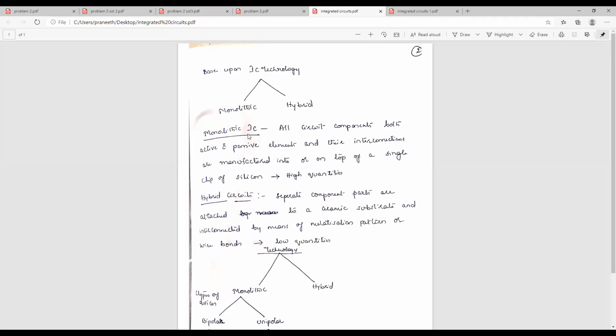Such types of ICs are known as monolithic ICs. If all your circuit components, without using a second substrate, are fabricated or designed on a single substrate, then we call it a monolithic IC, right? And coming to the hybrid circuits,